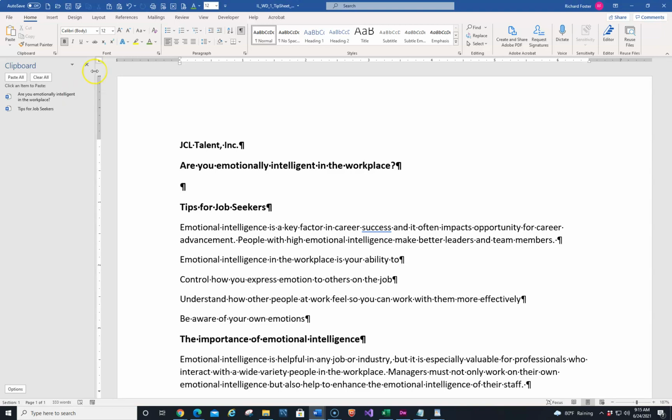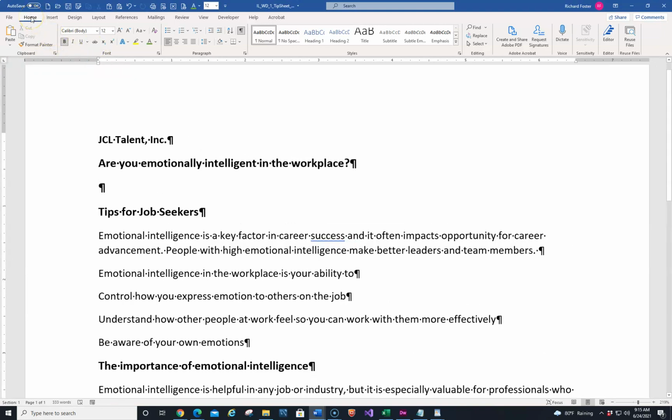So it goes in the Home tab. We're going to close this over here. It wants you to make sure that the show formatting is there. So I'm going to unclick it. Notice the backwards P. Notice all these little spaces over here. And I'm going to hit the tab key a couple times. Those little arrows there are tabs. As soon as I uncheck that, then they're not there anymore. So they do not print,